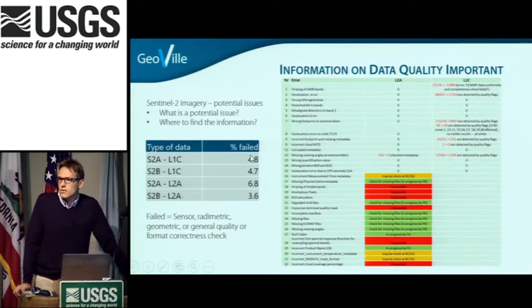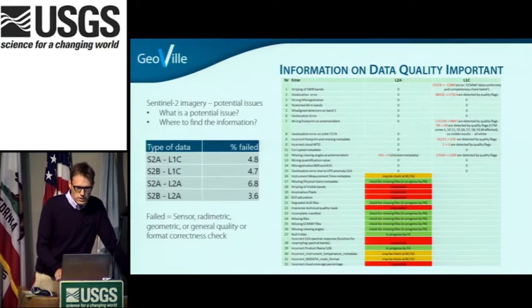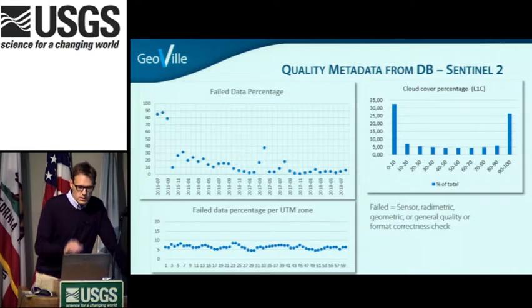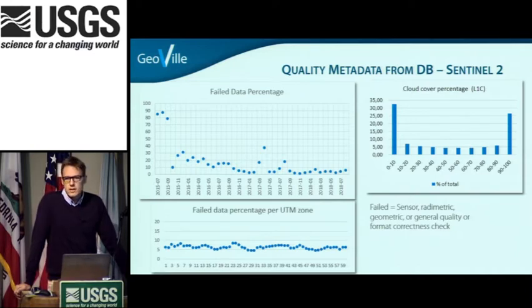So roughly 5% of the data has issues, and the same is true for the Level 2A imagery. So we can do that also, just show a little bit time dependent, and that's what's shown here, the failed data percentage for a particular month. Starting in the